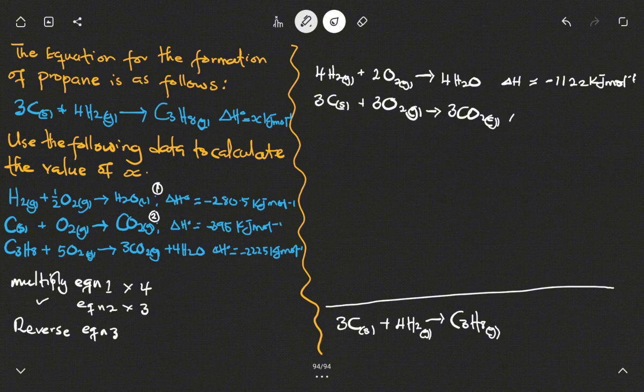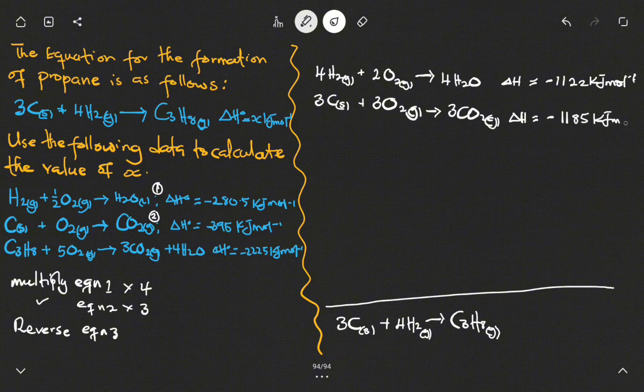Remember, we need to do the same thing to the enthalpy change, and so we are multiplying minus 395 kilojoules per mole by 3, and if we do that, we are having minus 1185